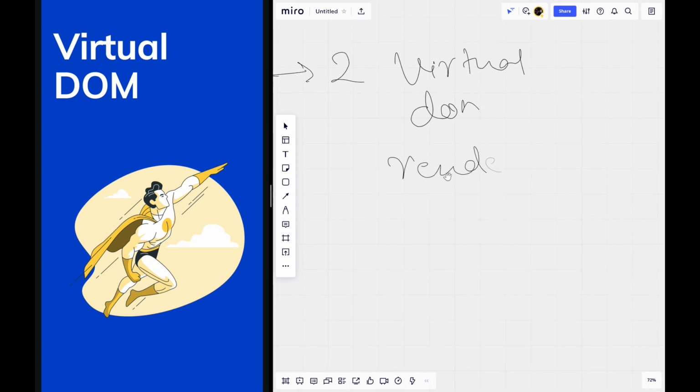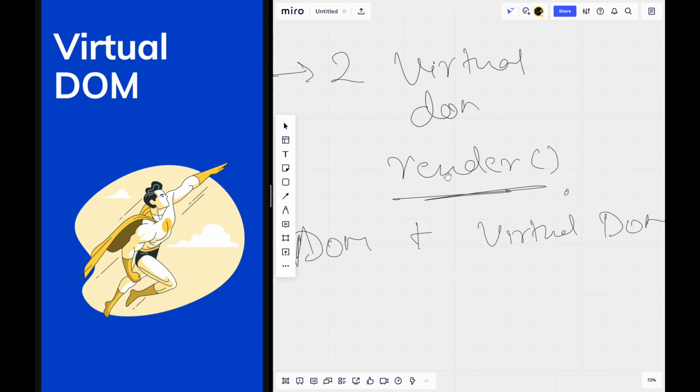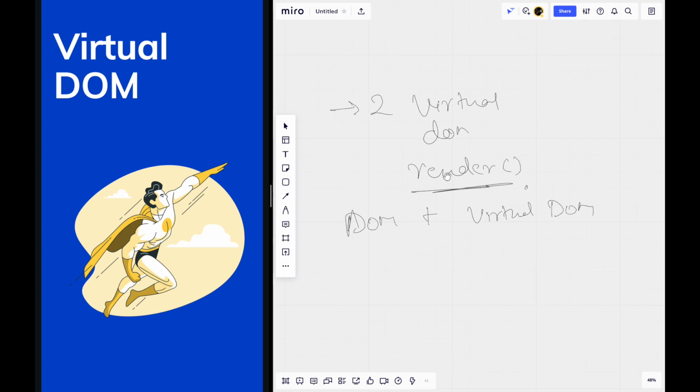The first time the render method is called, the actual DOM tree is created and a virtual DOM tree is created. But the moment you make any change, instead of blindly updating the DOM tree, React makes a copy of this virtual DOM known as virtual DOM 2.